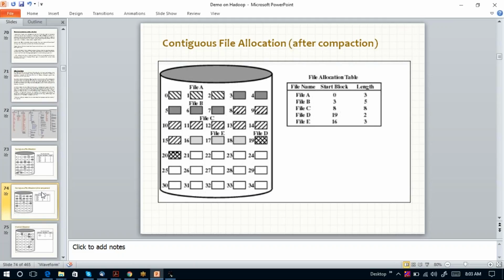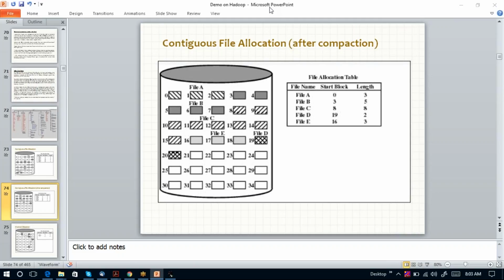Sir, here if file A wants to get some more blocks, let's say it requires 2 more blocks, then it is highly impossible in this allocation pattern to allocate extra space in contiguous memory allocation. Yeah, we cannot say highly impossible, but what we can say is, if file A requires 2 more blocks, maybe